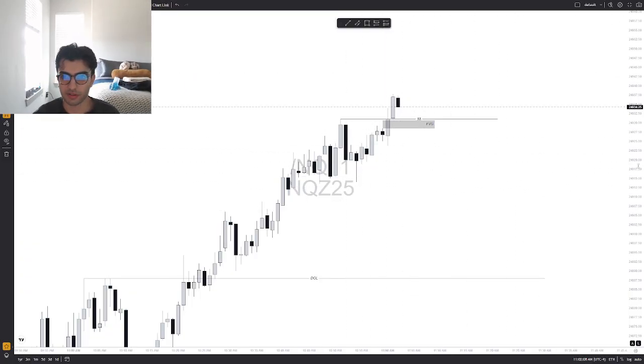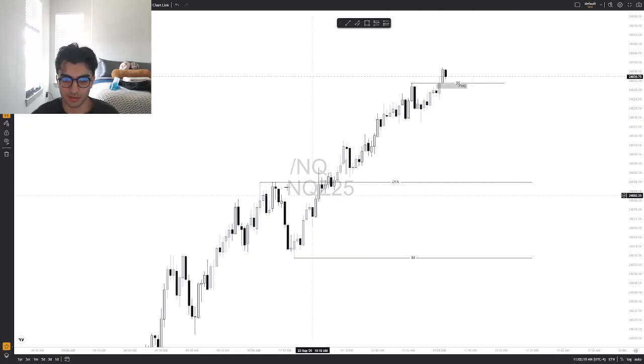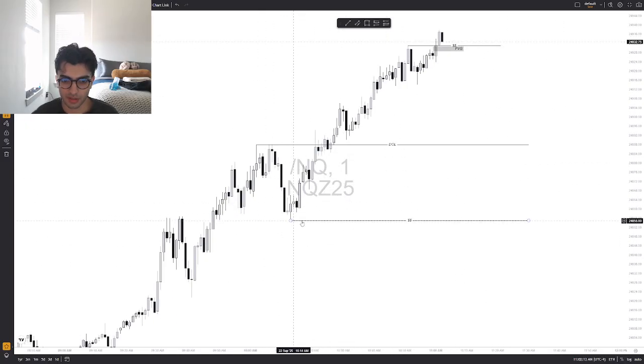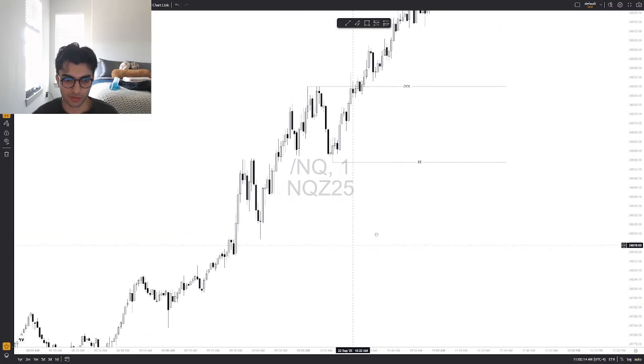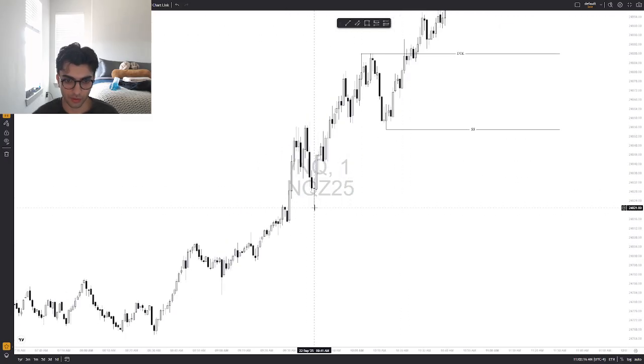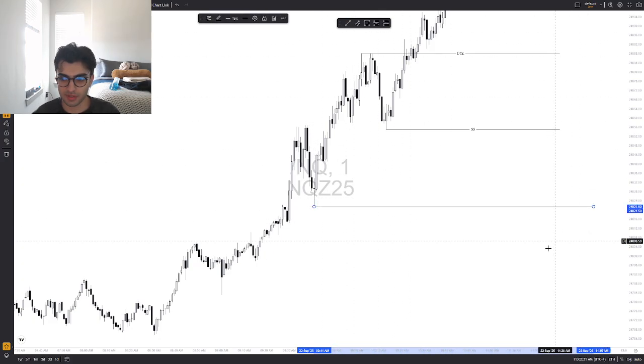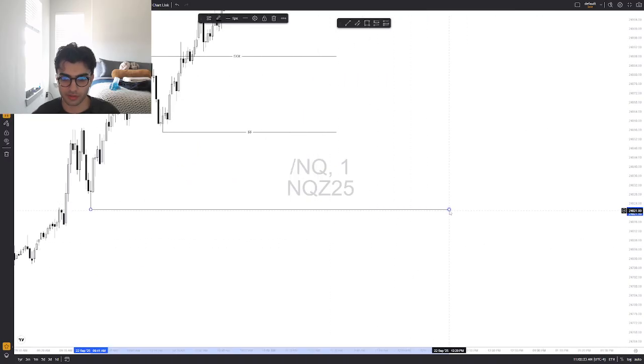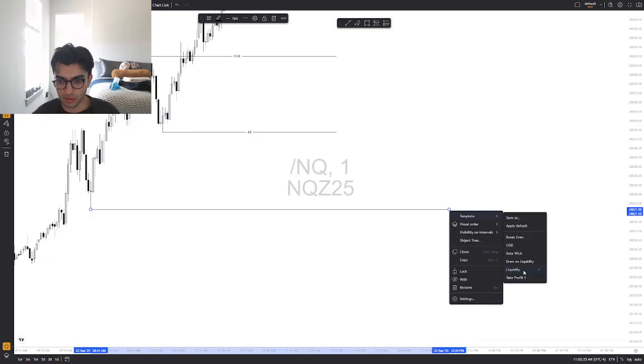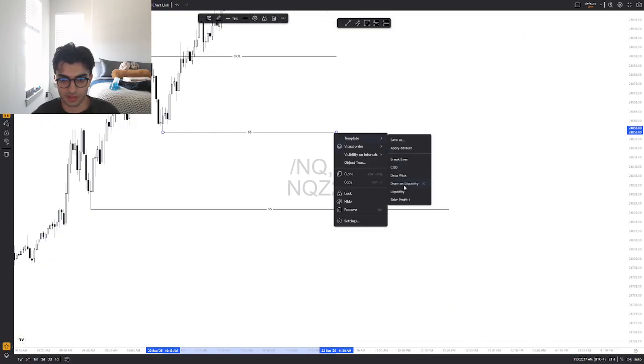So got this fair value gap here after sweeping all-time highs again. Marked out this draw on liquidity, and this draw on liquidity. I could draw this one from market open. I'm gonna draw it, but I like to keep it simple. Usually have 2 to 3 targets. Let me say this is a DOL.